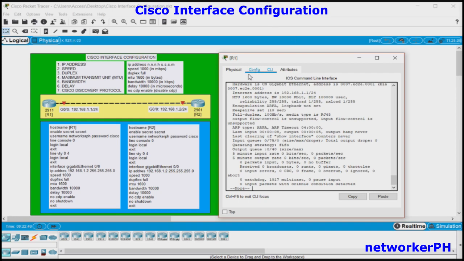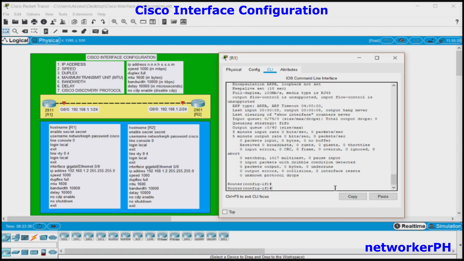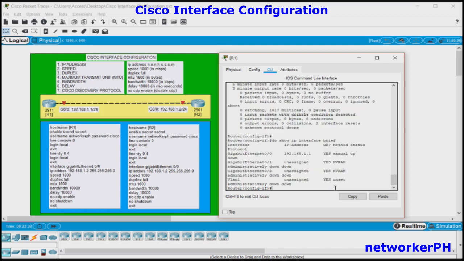Okay, so we have the IP address, MTU, bandwidth, delay, full duplex, and 100 Mbps. Another useful command is do show ip interface brief,